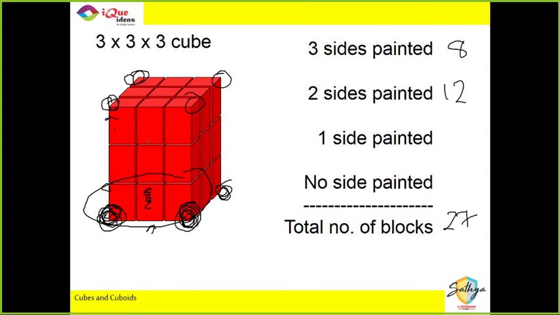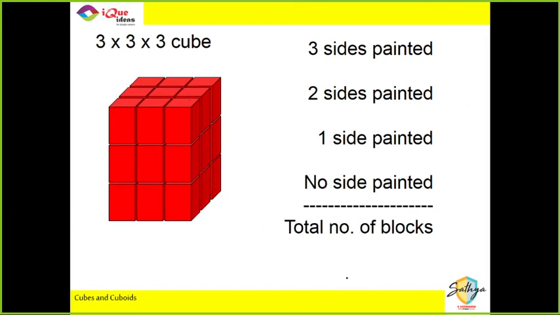It is 2 sides. See, this one is 3, this one is 3, this one is 3. This one is 2. Similarly, in the middle, this one is 2 sides painted. One 2 side painted here, one 2 side painted from the back. There are 4 corners and there are 4 non-corner edge ones. Okay. Now, so 2 sides painted. I hope everybody got it. Right? Total 27. 3 sides painted 8. 2 sides painted 12.